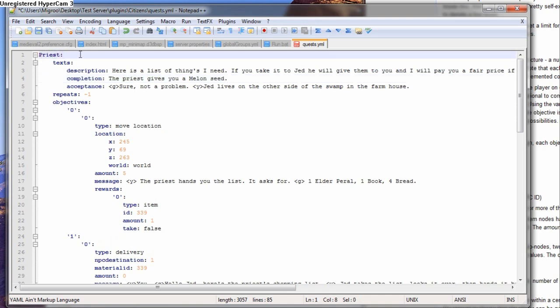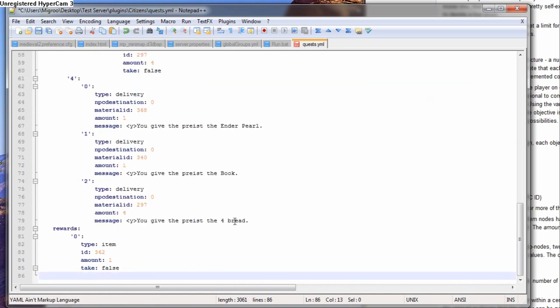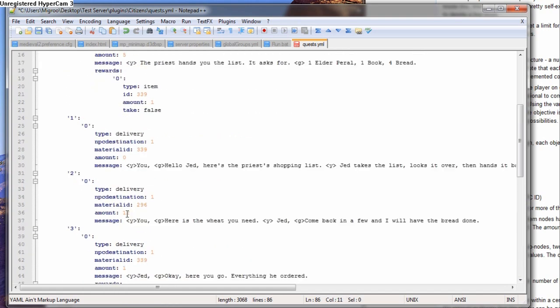Now, what I'm going to do is show you how, if you want to create another quest within this file, because this is your quests YML, so all of your quests show up in here. All you would do is go down to the bottom here, you'd hit enter, go all the way back to the start, make sure there are no tabs in here, and you just title your new one, you know, new quest, colon.